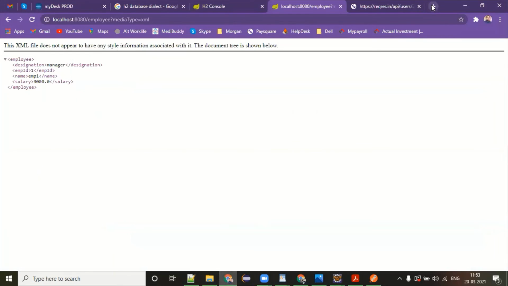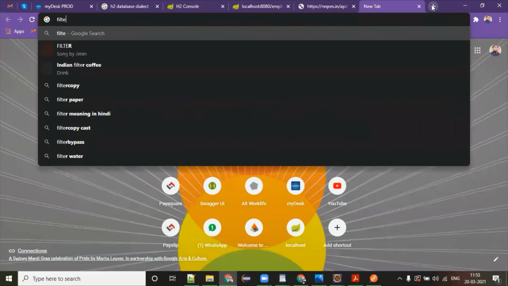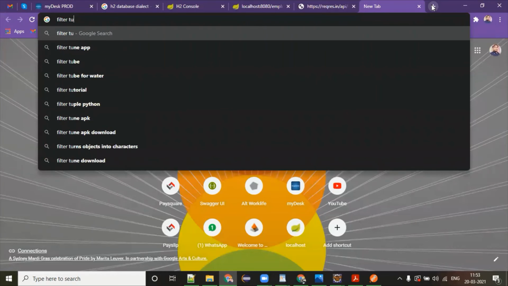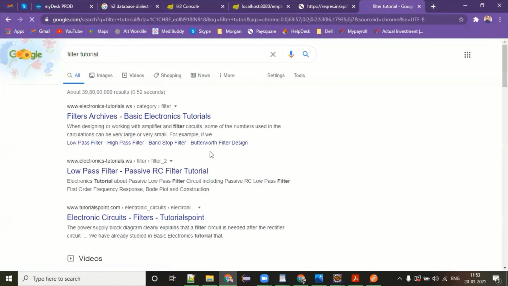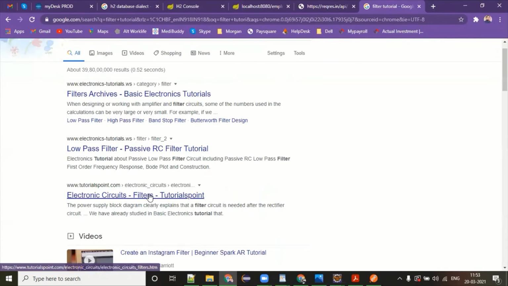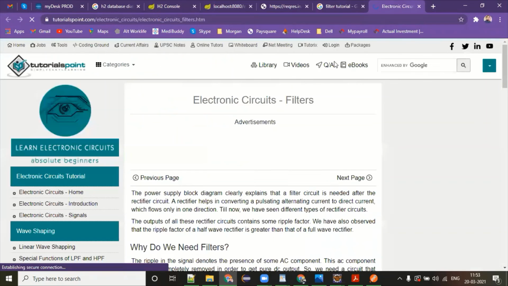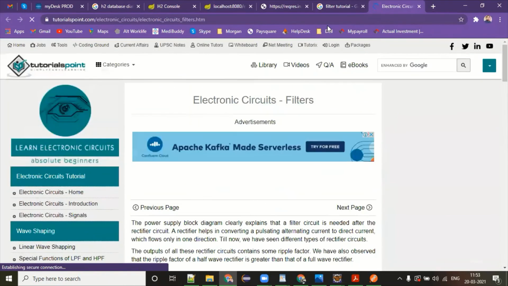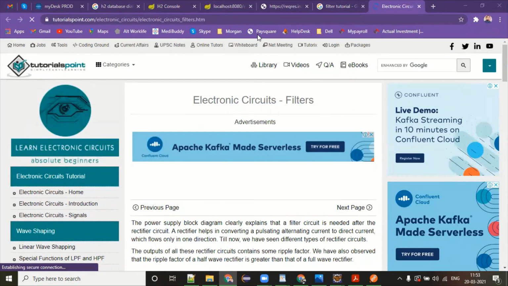So I will highly recommend you have at least a little idea of the filter tutorial. Hindi, Hemant? Lightly. Okay, I can understand. So you can refer to any website. Let's talk about Tutorialspoint itself. So look at this. No, this guy has taken another filter. Hold on.